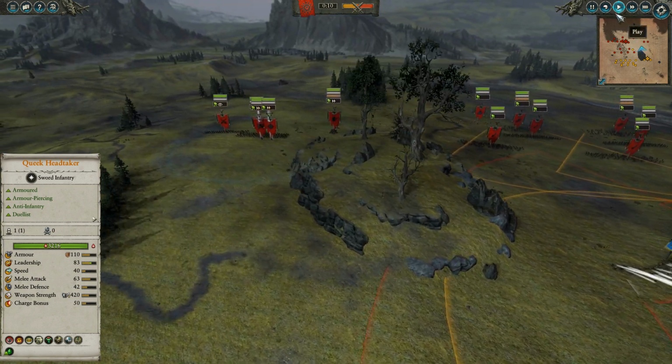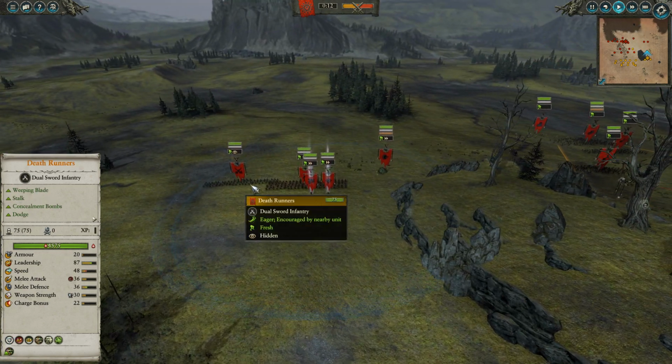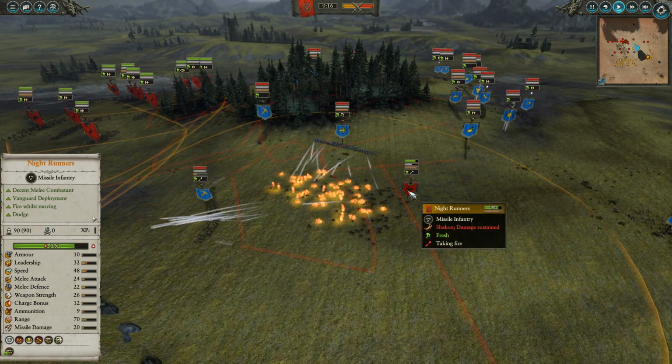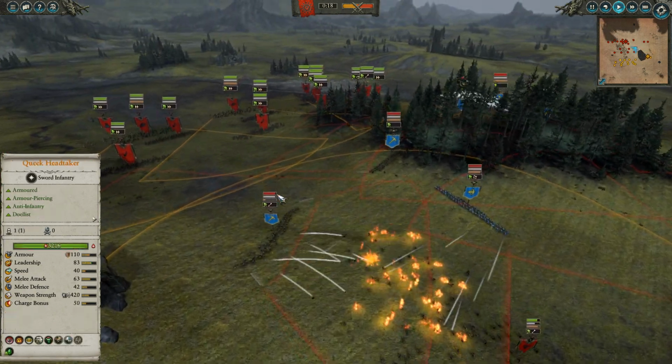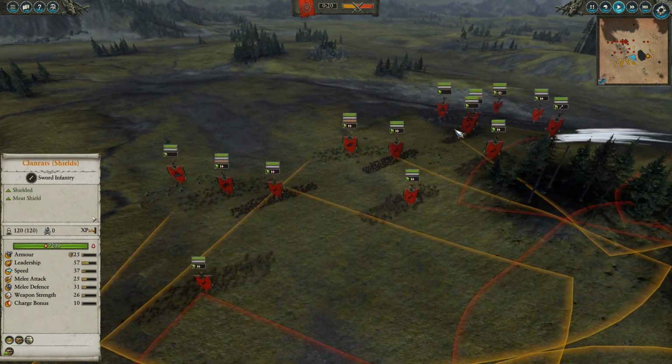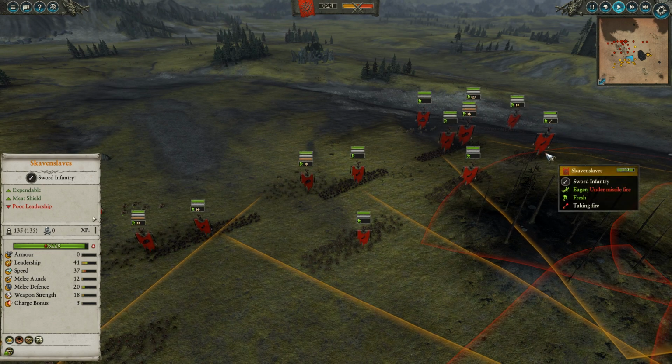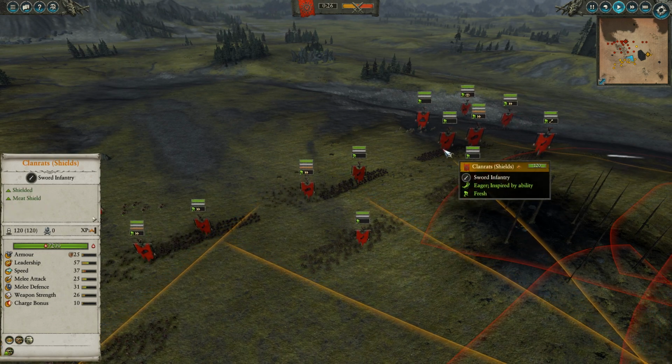QUEEK Headtaker, of course, leading the way. He's got a Doom Wheel out here, some Death Runners, Storm Vermin, Warlock Engineer. These Night Runners here taking some blasting charges. We've also got plenty of Rat Ogres, a couple units of them. More Death Runners and Storm Vermin out on the flanks, plenty of Skaven Slaves and Clan Rats with shields, as